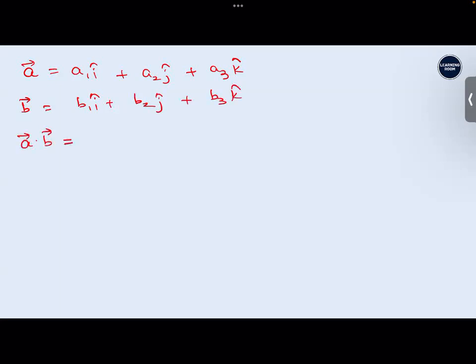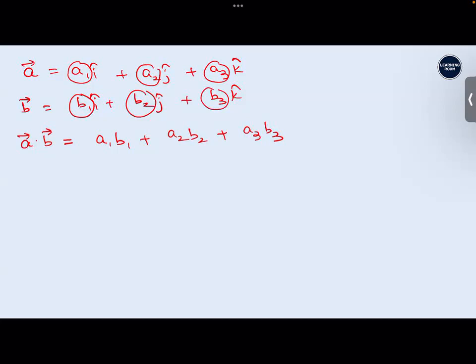So now you saw if A vector is equal to A1 I cap plus A2 j cap plus A3 k cap, and B vector is equal to B1 I cap plus B2 j cap plus B3 k cap. If you do the dot product between both, what will you get? A vector dot B vector will give you A1 B1 plus A2 B2 plus A3 B3. Means what is happening? The corresponding coefficients of I cap are getting multiplied. The coefficients of J cap are getting multiplied, and the coefficients of K cap are getting multiplied,